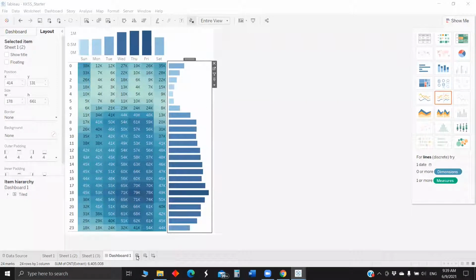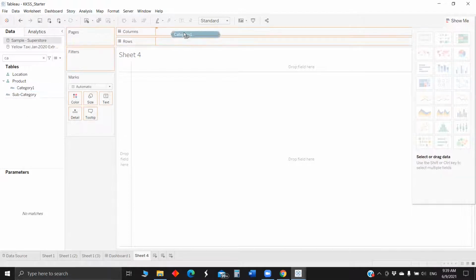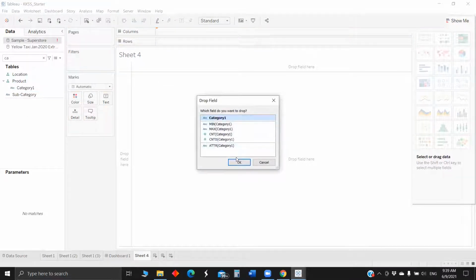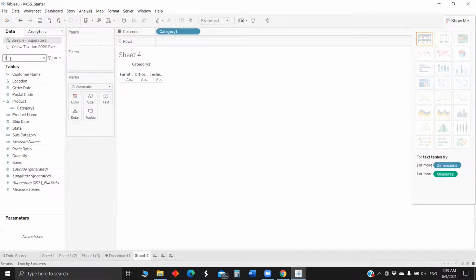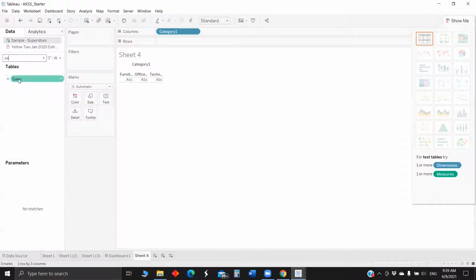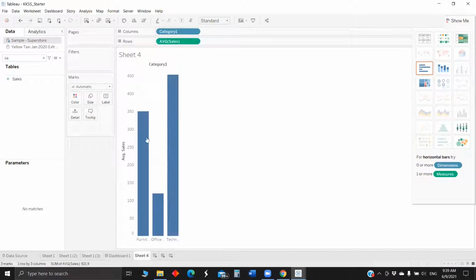Okay, then we will quickly move on to the next one, how to show or hide underlying data. For that, as we have seen, one circle was showing the average and the other was showing the distribution. So definitely we have to use the dual axis here. Since it was across category, let me put the category into columns. Then next, average sales. Change it to circle in here.